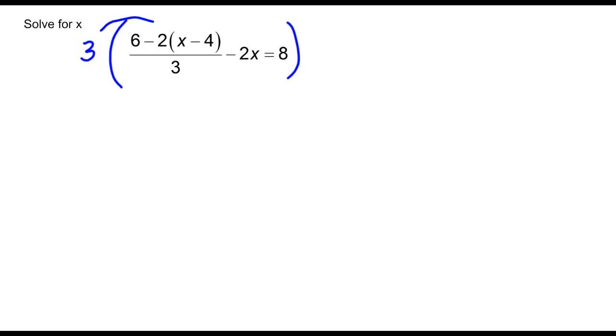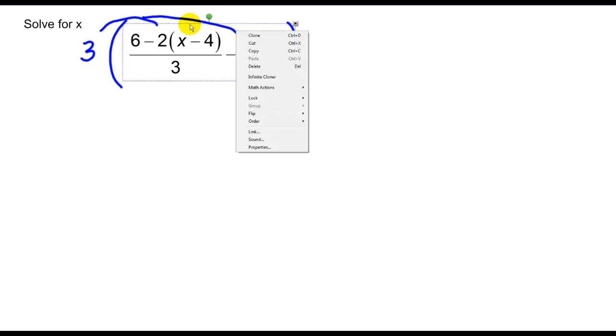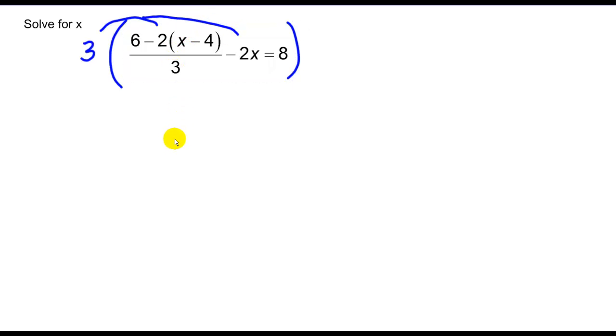If I distribute that to all three terms, even though this is very complicated, it's still one fraction, so it's one term. This is another term. And finally, we have the third term over here. Multiplying 3 over 3, that gets me a 1. That's like the multiplicative inverse. So that's 6